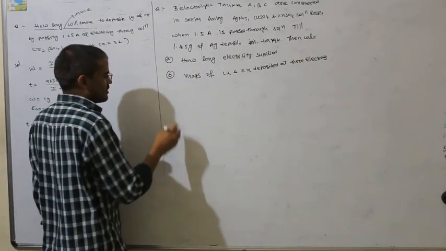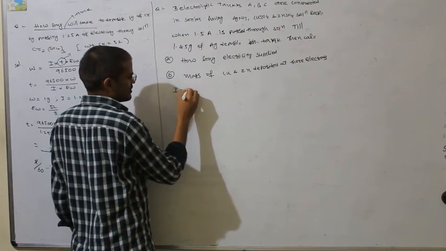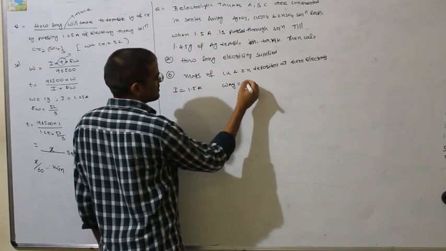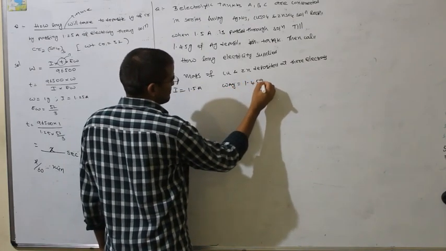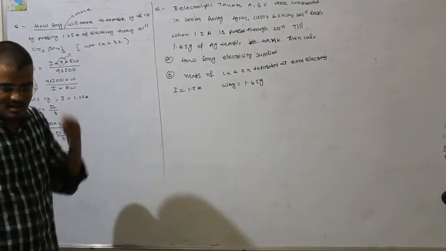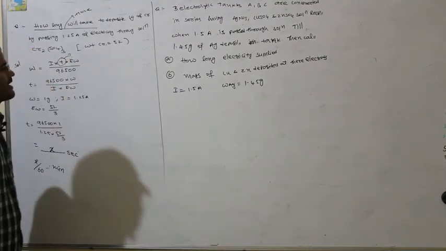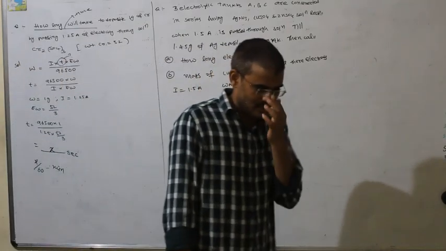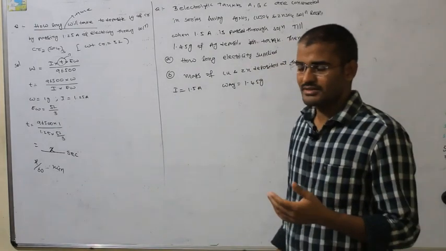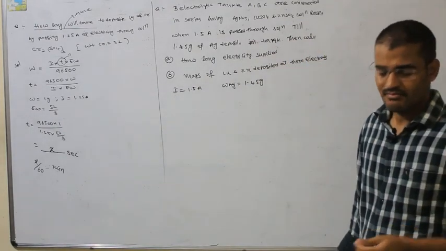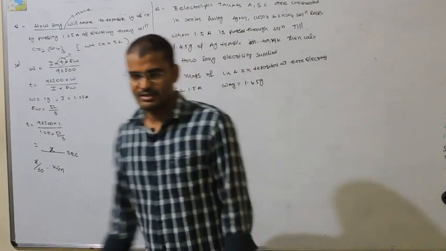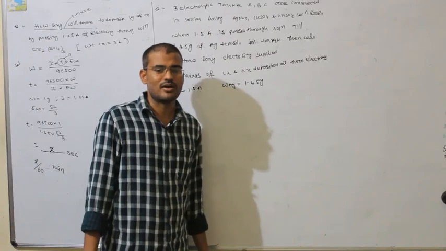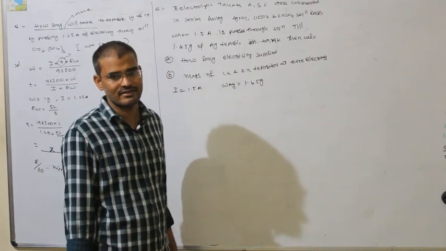So in the question, only one data is given, that is I is equal to 1.5 ampere, and the mass of silver deposited is equal to 1.45 gram. And he is asking how long the current must be supplied and what is the mass of copper and zinc deposited. They are connected in series, so you have to solve the problem based on Faraday's second law. Faraday's second law says that the amount of substance deposited at any electrode, when a certain amount of electricity is passed, is directly proportional to their equivalent weight.